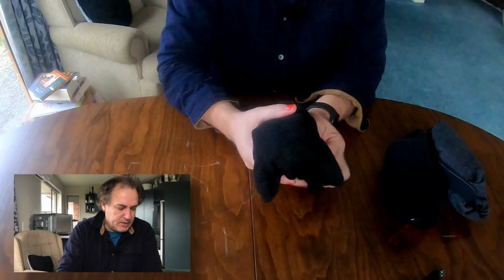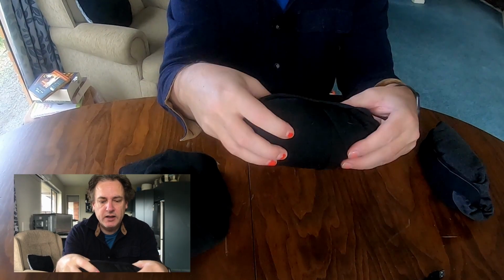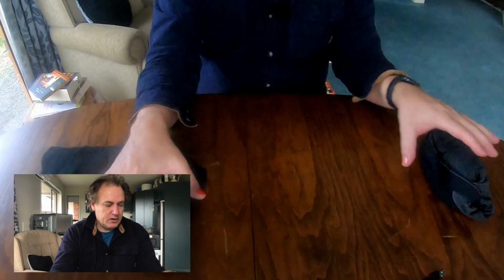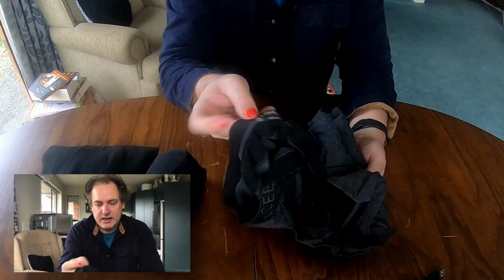So that's the MacPack ones. I have two of those, and I just roll them up the same way I do the underwear. So we'll just fold them up depending on the mood I'm in. So I have two of those, and then I have an Icebreaker, and I believe this might be the 260 XL, so male,